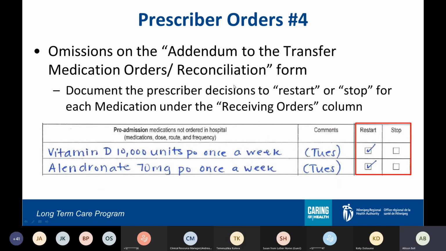So that's really the hospital documentation piece. So reviewing everything that the hospital documented with the prescriber. Then we get into the addendum form. So this is the form that your nurses would have completed as part of their reconciliation. Again, if there were no omissions, they may not have anything in this section, and then you don't need to